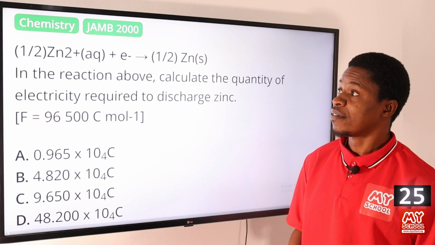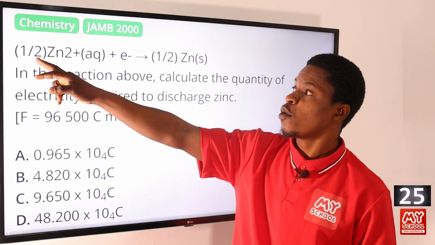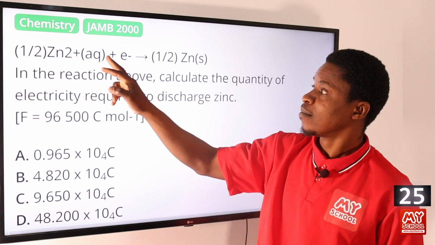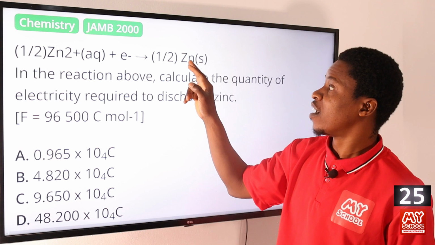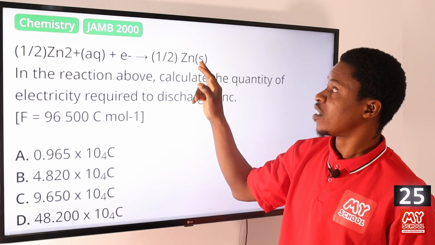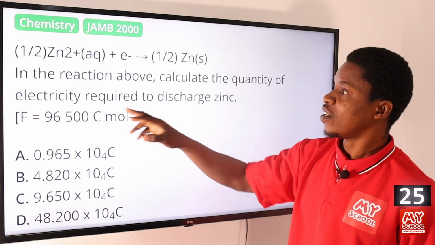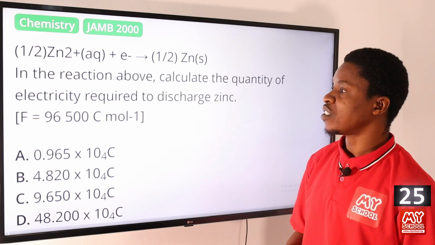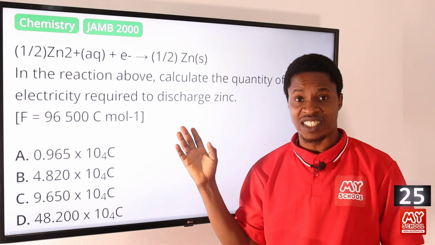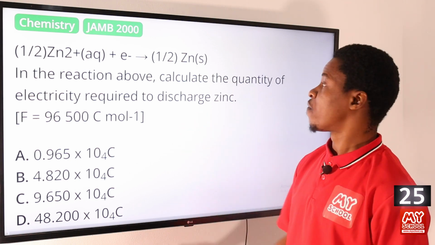Question number 25 now. Half mole of zinc ion plus electron gives half mole of zinc, solid. Now in the reaction above, calculate the quantity of electricity required to discharge zinc. This is electrolysis. What amount of